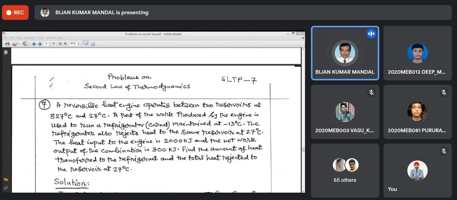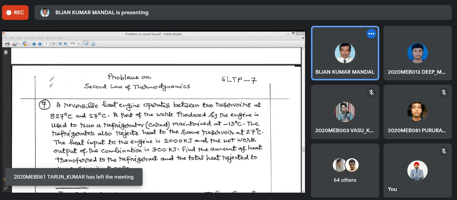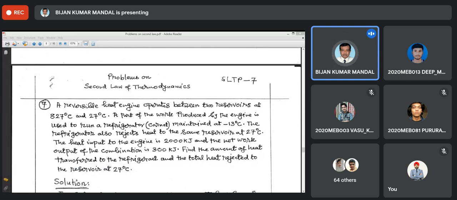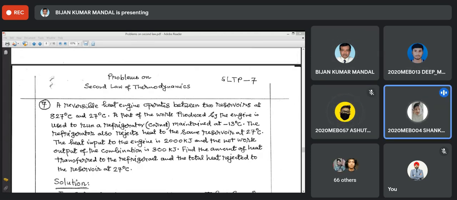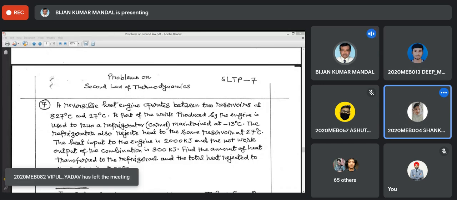Now we are talking about a refrigerator. The Carnot is written just beside the refrigerator. What is that? Proceed. You are not wrong, but proceed properly. You're almost right. So for maximum, what? Efficiency. But efficiency, not efficiency. What is the term? Coefficient of performance. That is the coefficient of performance.